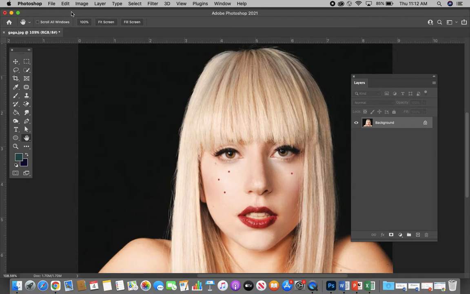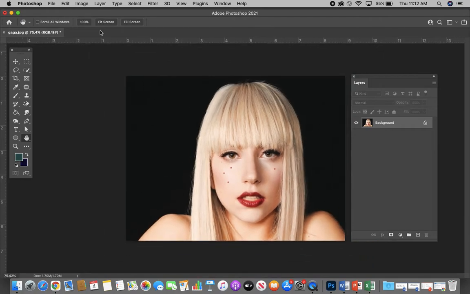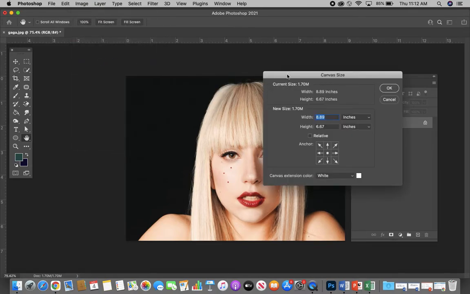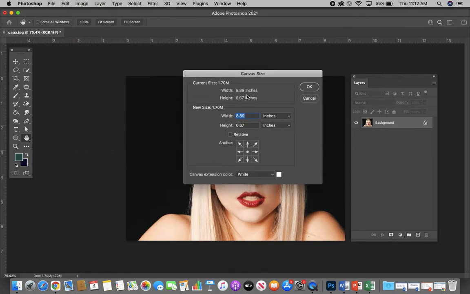Next, we're going to have a look at the canvas size. So if you go to Image, Canvas Size, you're going to be able to change the size of the blank canvas area, which will be around your image. So this is not changing the size of Lady Gaga's head, but it's just adding extra canvas around her. So right now I've got 8.89 inches. So if I wanted to do, let's say 15, I could do that, and then I could do 15 inches